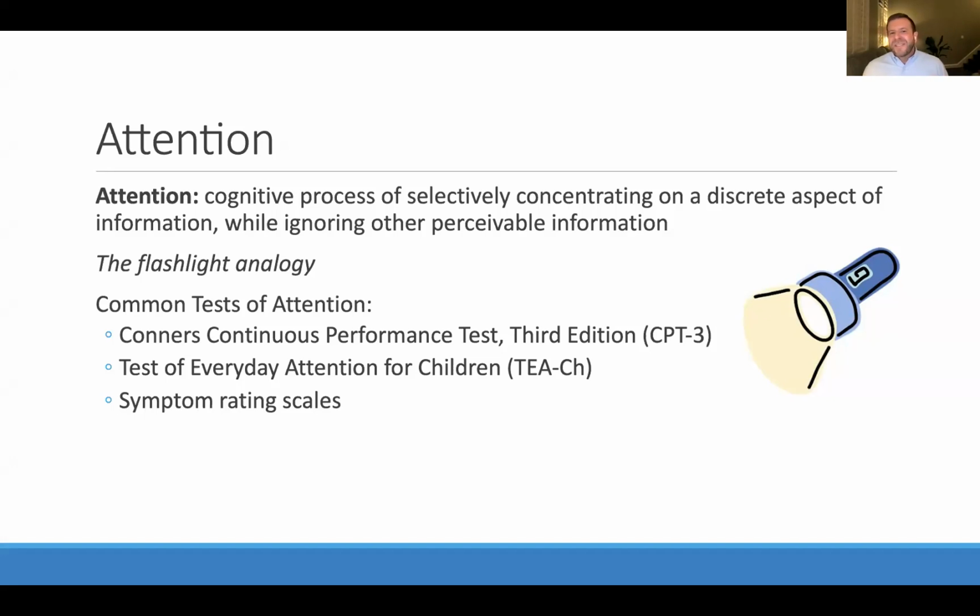So we also measure these things using tests. I just listed a couple of examples. That first one is a great one. It's a really boring task and tells us a lot. It's about 12 or 13 minutes, and a student has to sit and press the space bar after every letter they see on the screen, unless it's an X, then they don't press it. It's a pretty sophisticated test because it measures how quickly someone responds and their accuracy in responding or not responding, and it looks at changes in that over time. All of that is normed. So we're looking at how much more difficulty this person has regulating their attention. Is it falling away more than others? Do we see more fluctuation? But it's also just behaviorally a great task.